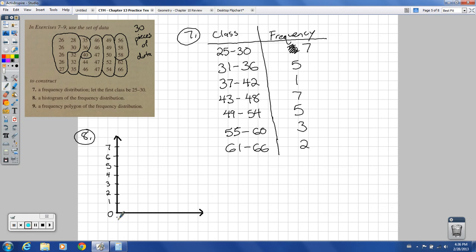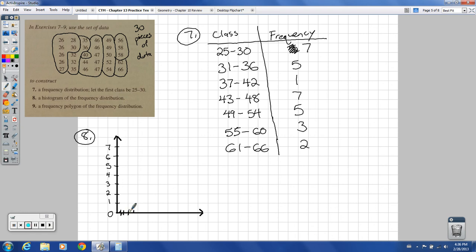I would want to do something like this. I looked at the back of the book. They didn't do this. I'm a little miffed at that, but there would be a break here. We aren't going from 0 and then all of a sudden, boom, there's 25 right there. That's not how it works. But let's do something like that. I'm just going to put that a little closer there. Okay, and so each halfway mark, I'm going to be going up with my bars,